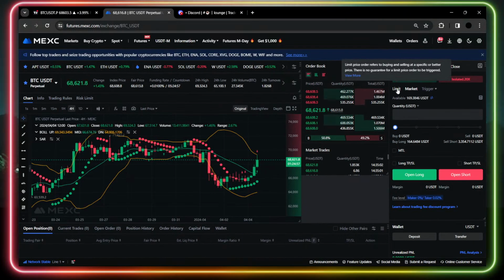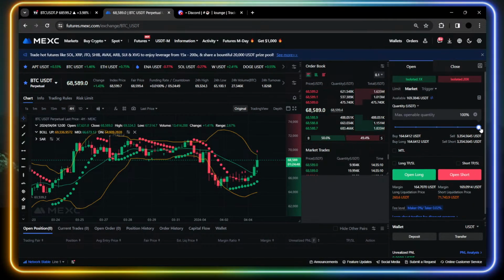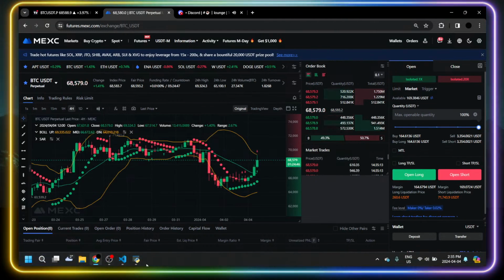And now we're going to have a click on some other things. So now we need to decide if we're going to do a limit or a market order. So in this case, I'm doing a market order. And let's go ahead and have it just go all in on our position size. Okay, so now I need to go into here,